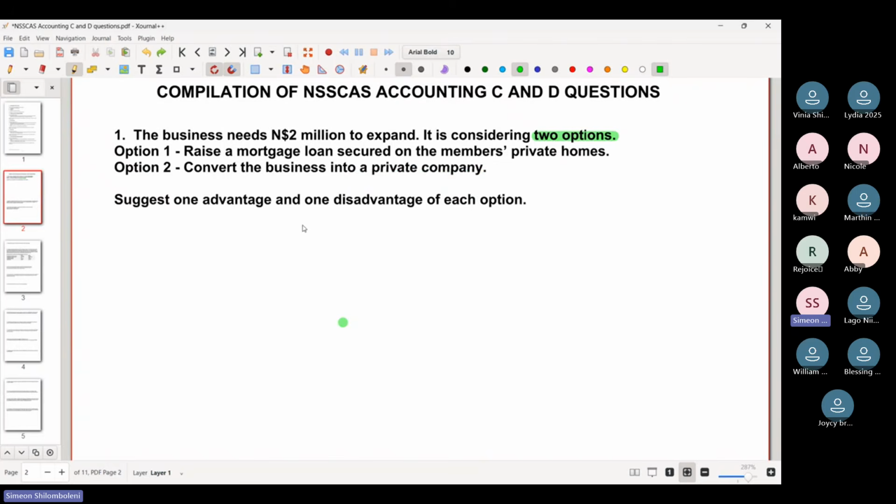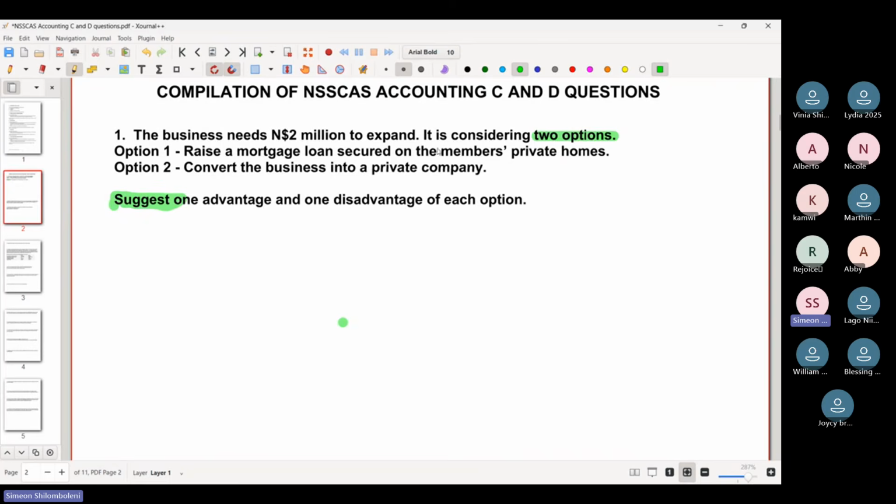Now, in this case, you are going to suggest that if you raise with a mortgage, these are the implications. This is the advantage. But if you don't do it with mortgage, this is the implication. Now, this question is from the previous syllabus. This is actually supposed to be analyzed, one advantage and one disadvantage of each option. And then you can now say,